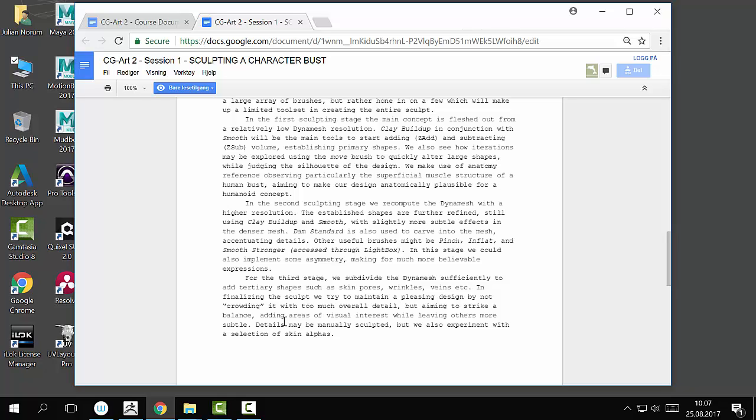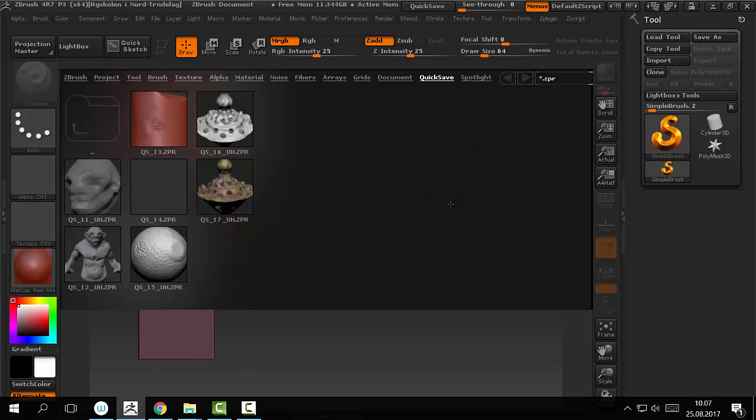You can make large changes and then update the polys. You don't really need that for the tertiary details, and you're better off, in my opinion, not opting for Dynamesh for them. But anyways,